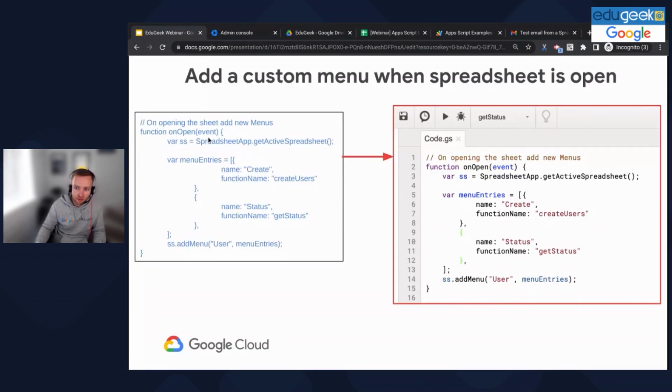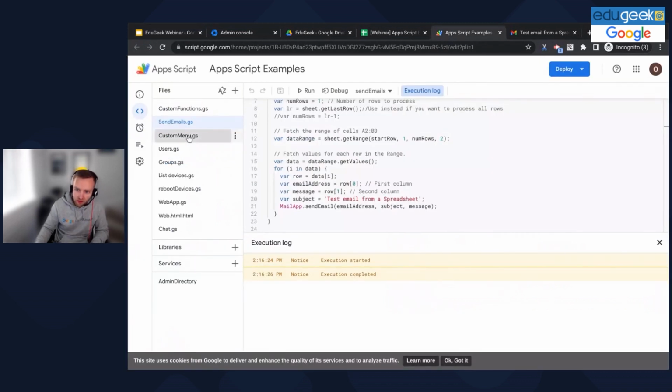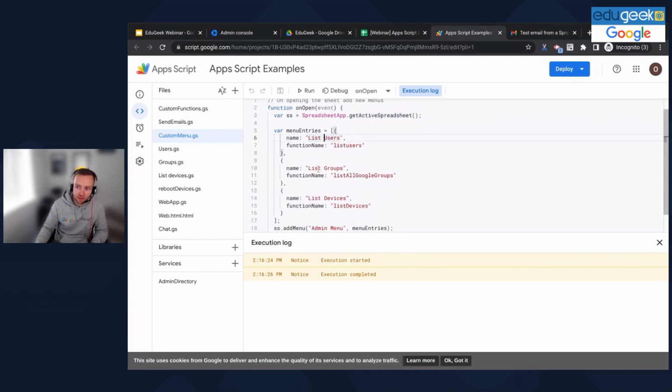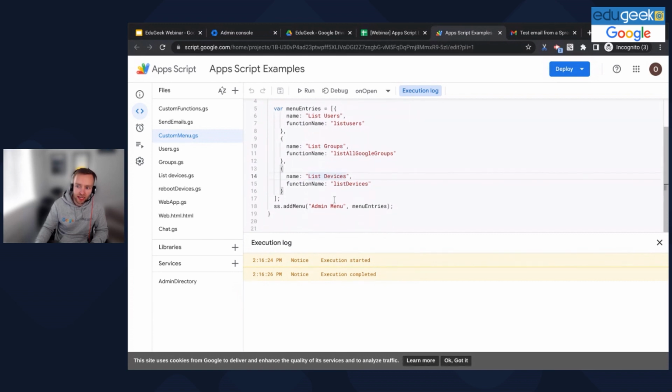The sample code is basically an on-open event. This is a trigger that will run this function every time that spreadsheet or doc or slide is opened. It will go and execute this. And basically it's adding a number of entries and creating a custom menu. So if I go through to my custom menu slide, you'll see I've got the same on-open event. It's getting the spreadsheet, and then I've got 3 different entries all on here, and it's adding those to the